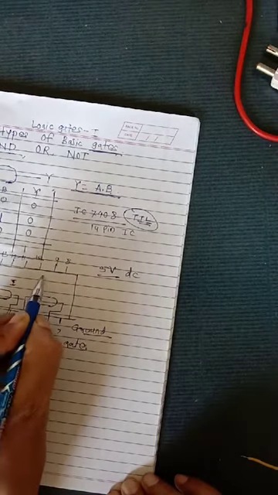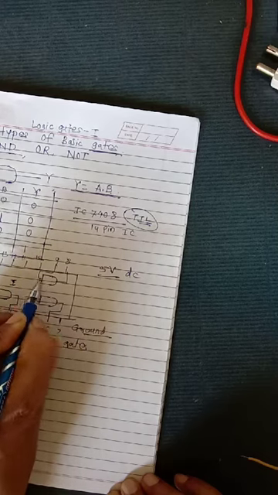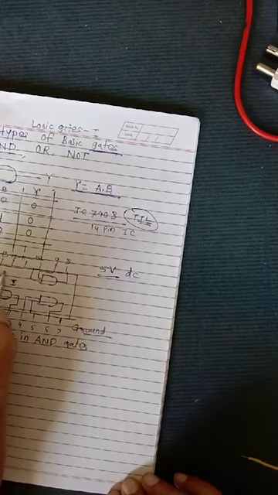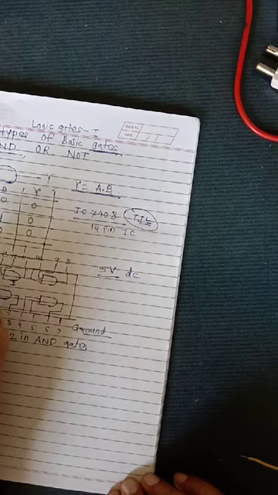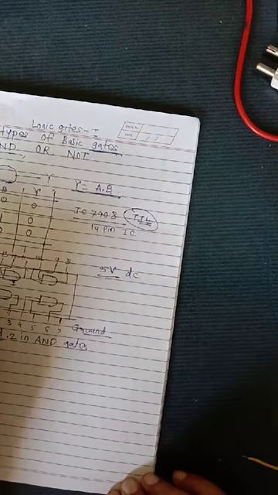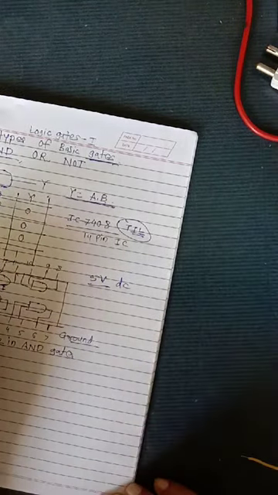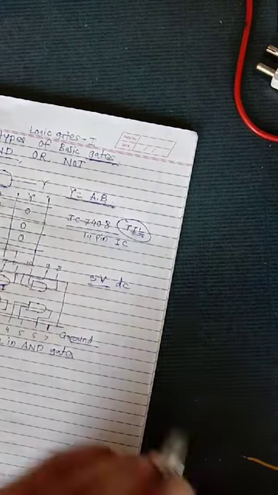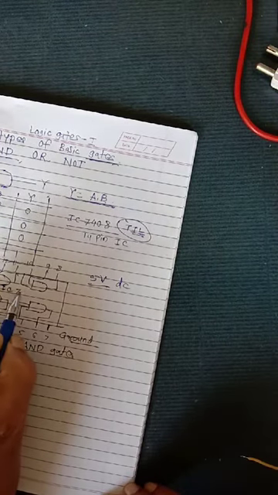Now in the third AND gate, pin number 8 is the output and pin numbers 9 and 10 are inputs. In the fourth AND gate, pin number 11 is the output and pin numbers 12 and 13 are inputs. Then pin number 14 is for plus VCC, which is always connected to the positive terminal of the DC power supply. So this is called the pin diagram or pin configuration of IC 7408.